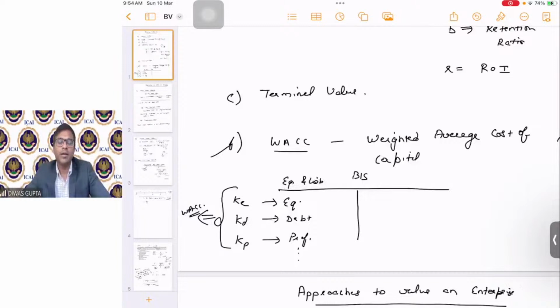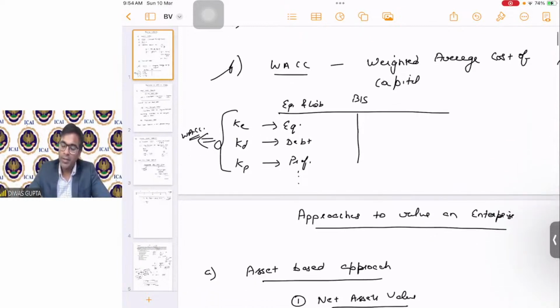Terminal value, students, we said that terminal value is very important because using this, we value the perpetual amount that is going to come after the explicit period. We discussed what we mean by explicit period and terminal value. Then students, we also studied the weighted average cost of capital, where we said that the respective costs of equity, debt, and preference shares need to be taken in terms of the weights to calculate the WACC. Here the catch was that debt always needs to be post-tax, correct?